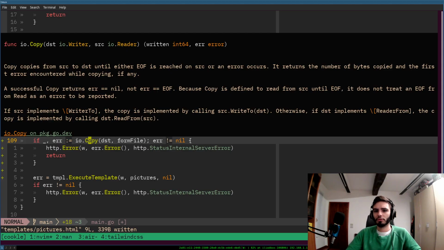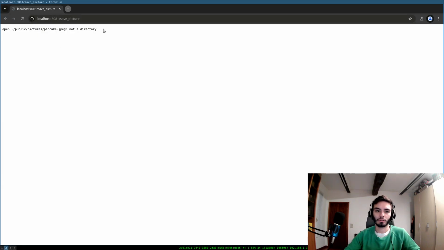It returns the number of bytes copied and the first error encountered. It returns error nil because Copy is defined to read from source until EOF, and it does not treat EOF as an error. Wait, so